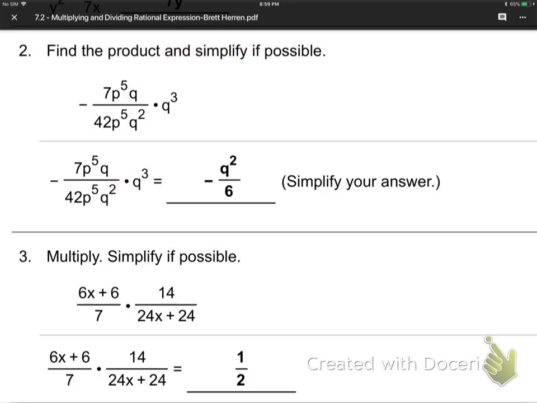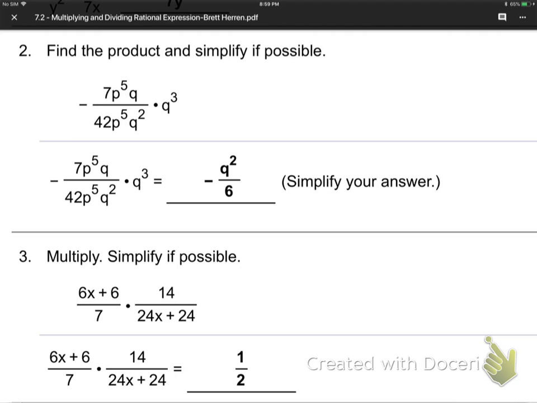All right, let's try number 2. You've already got the answer there for you. So look at number 2. Go ahead and write this question down, all those p's and q's and everything. Already got an answer to look at, but let's carry it out and see how it happens. Can you write it down? So now,